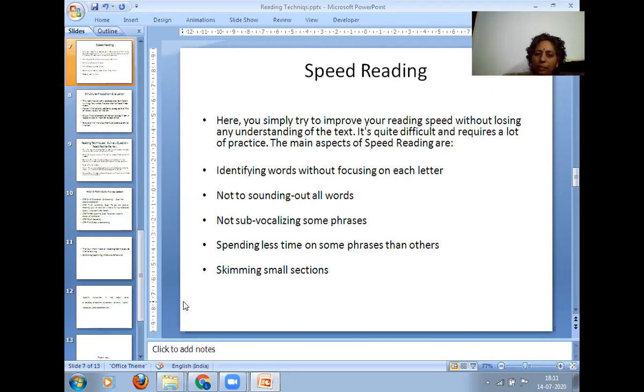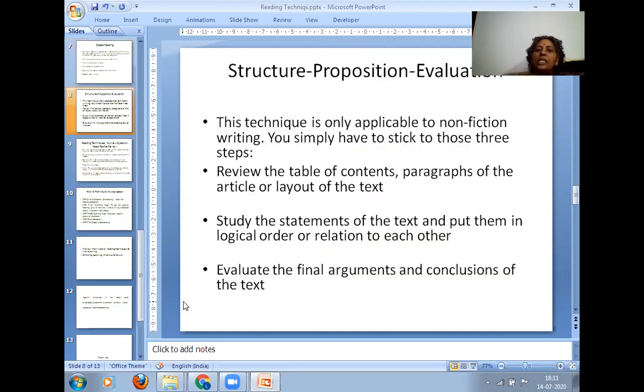So here you skim small sections. Suppose in your selected text there are many paragraphs. You take paragraph by paragraph, smaller units, for speed reading.